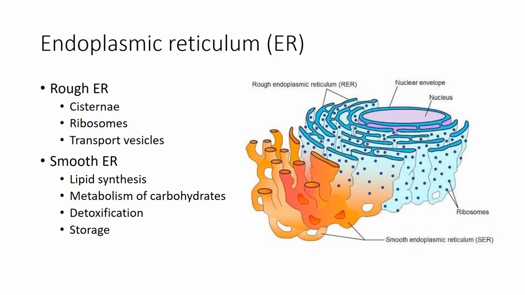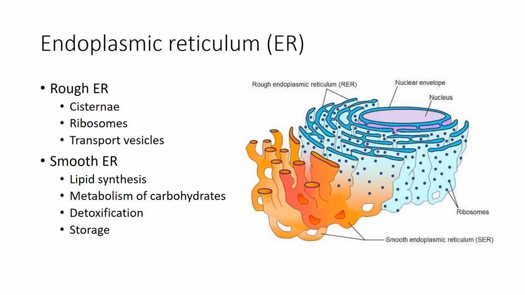The rough ER is continuous with the nuclear envelope. It is a membranous system of interconnected tubules and flattened sacs called cisternae. It is studded on its outer surface with ribosomes. Ribosomes are complexes that make protein that are free in the cytosol or bound to the rough ER or nuclear envelope. Transport vesicles bud off from a region of the ER and travel to the Golgi apparatus and other